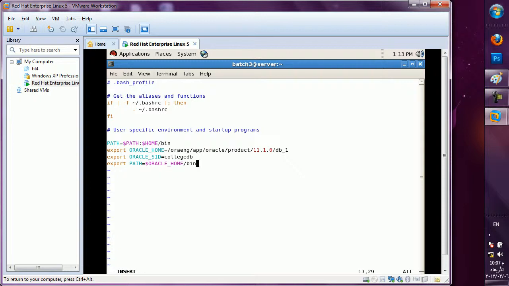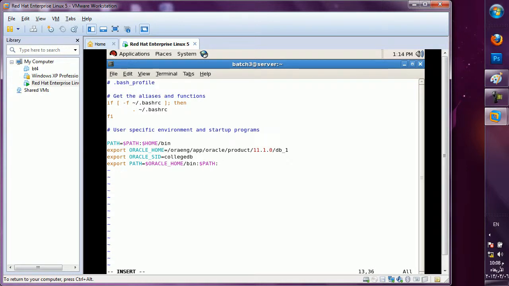In db1 I keep my parameter file in dbs; n number of folders are there in db1. But out of them, my commands are in which folder? The bin folder. So I am explaining to Linux that it should use this path for commands. ORACLE_HOME means go till db1, under that the bin folder, then my dollar PATH, colon.